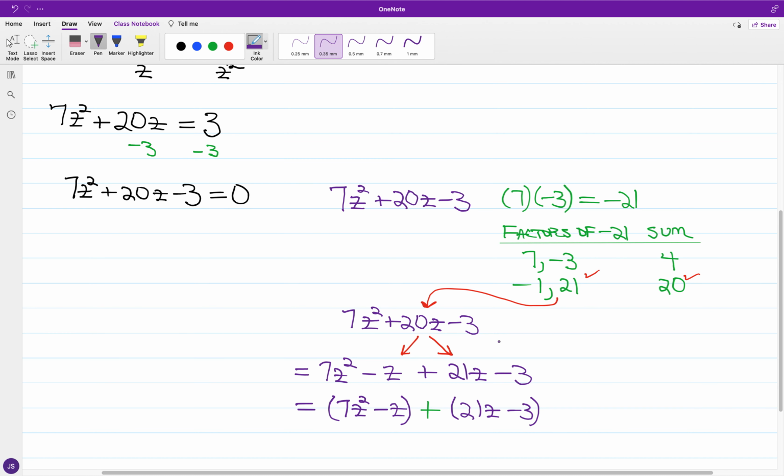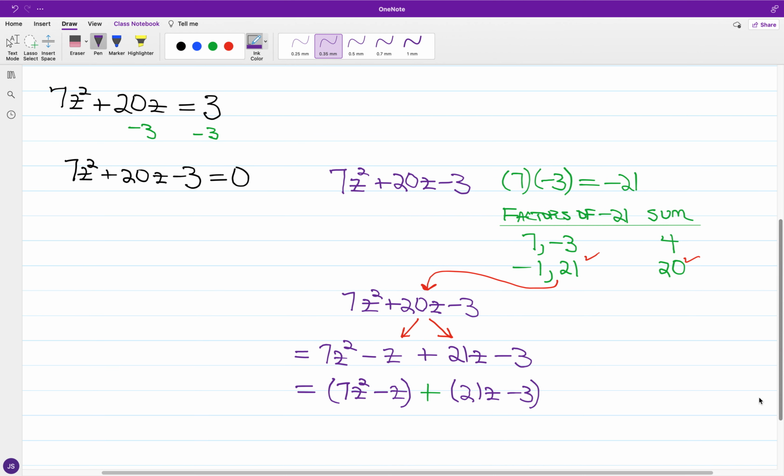Okay. Let me mention, if I had it plus 21z minus z, you could do it that way too, but your middle operation would be subtraction, and I had to envision the last two terms being where in factored form you would be in the mix factoring out negative 1, but with a plus in the middle I do not have that added burden. So looking at what we have now with 7z squared and negative z, we have a common factor with the variable z,